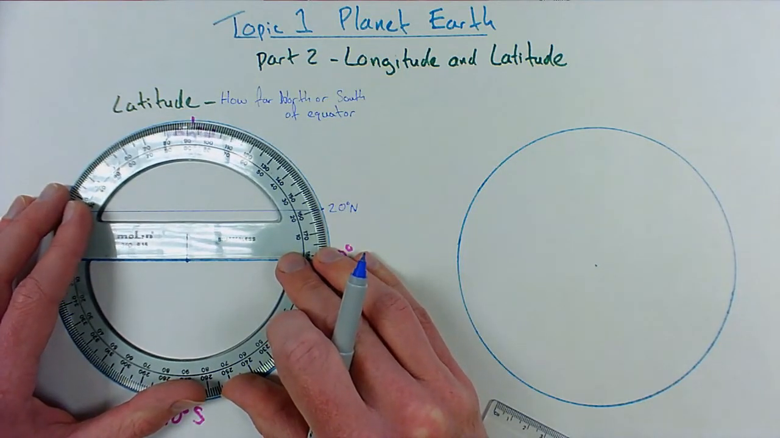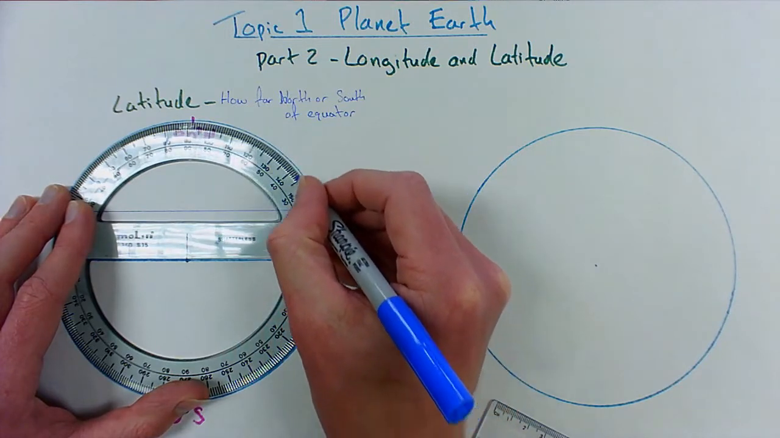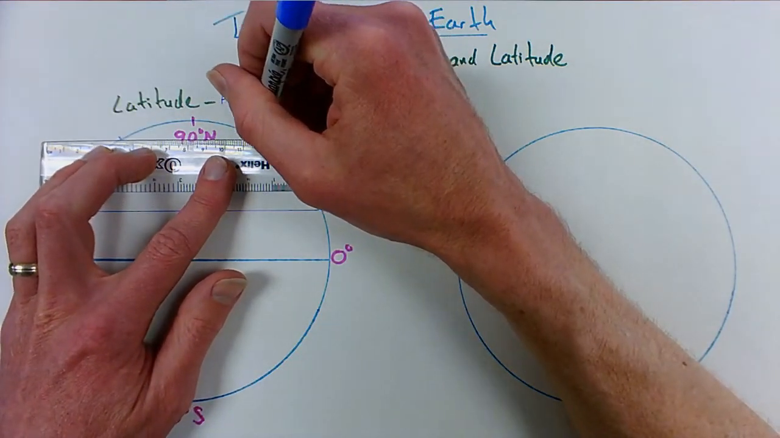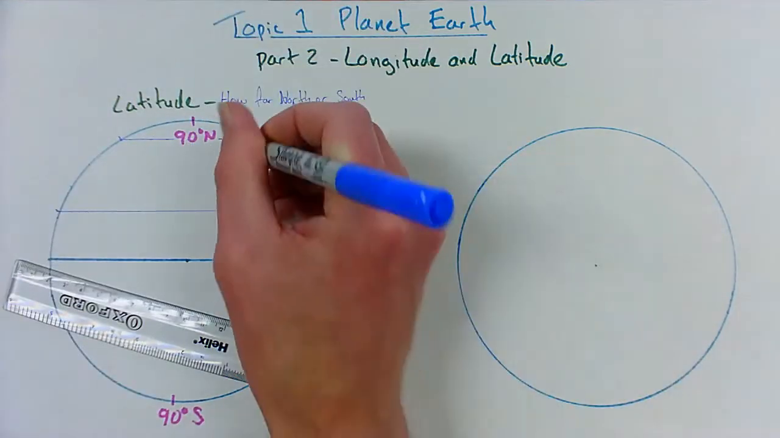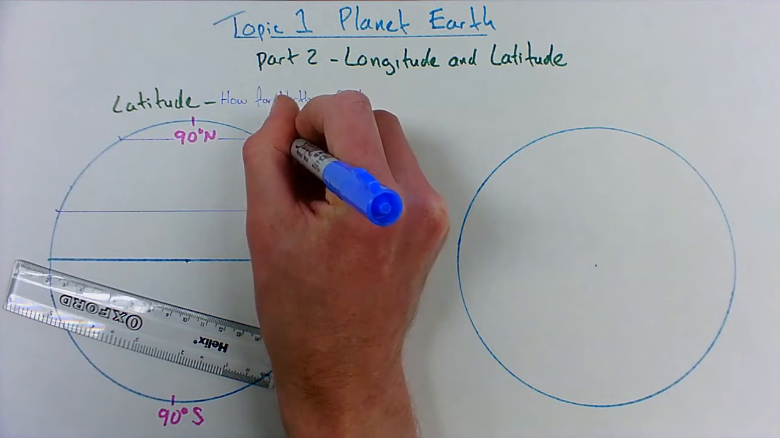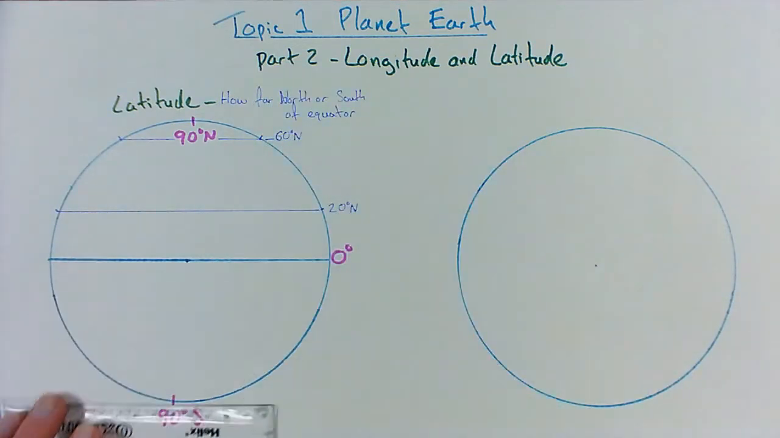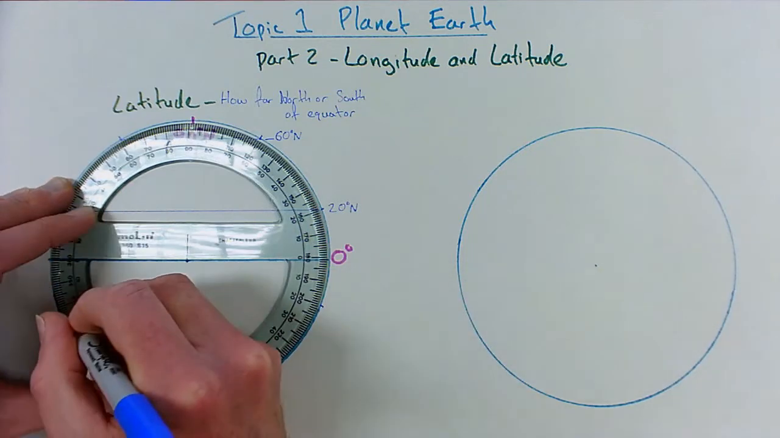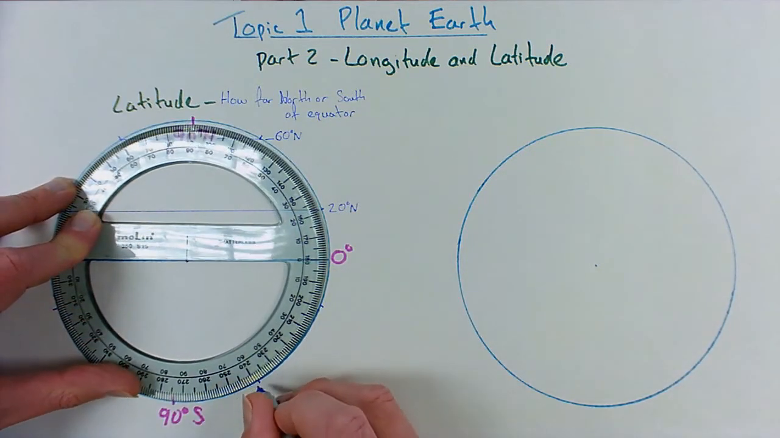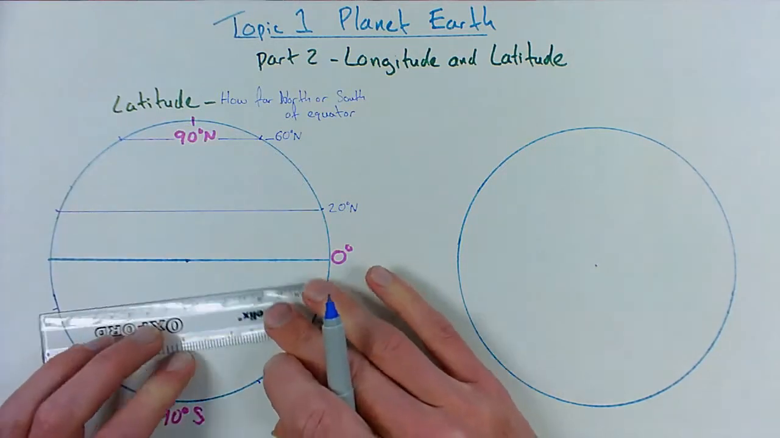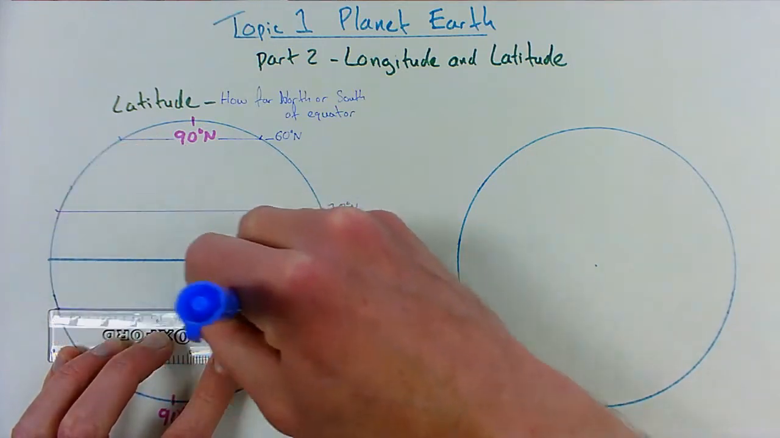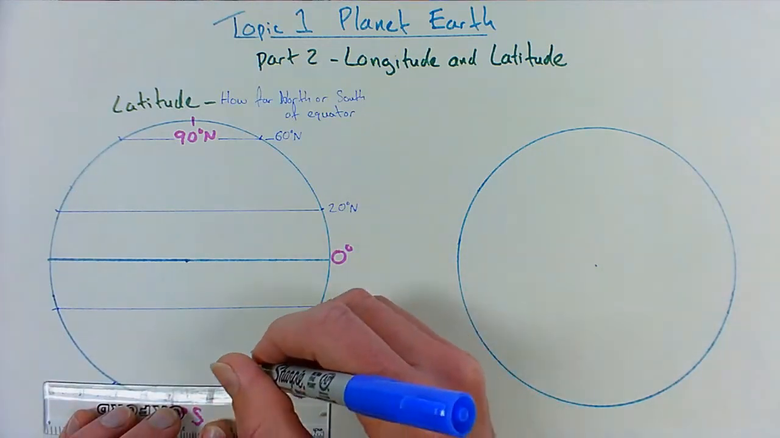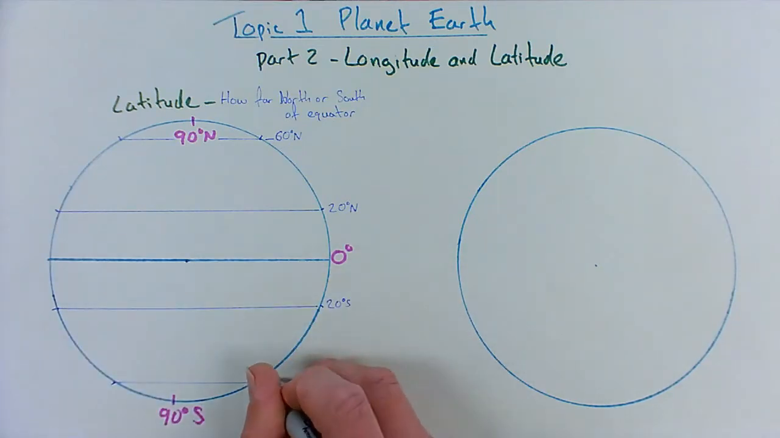Let's mark on something else up here. Let's go with 60 degrees as well. So following my protractor around, 60 degrees here and 60 degrees here. You can draw another line of latitude on. This would be 60 degrees north. And we can do the same heading down below the equator, so 20 degrees, 20 degrees. I'm going to mark 60 degrees and 60 degrees straight away. So here, below the equator, it can either be minus 20 or 20 degrees south, and here, 60 degrees